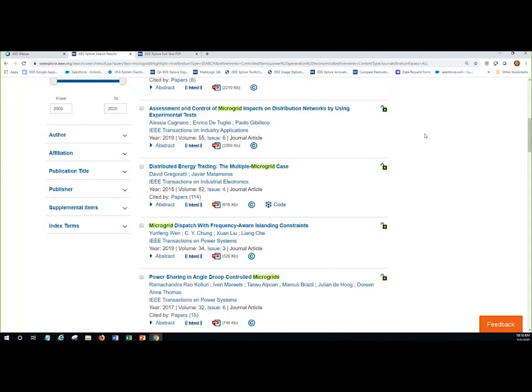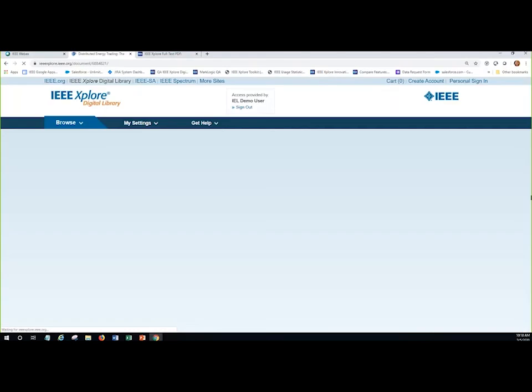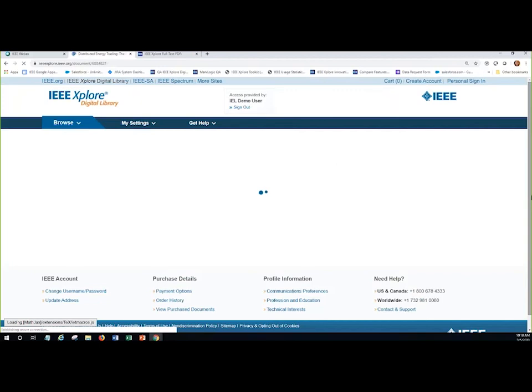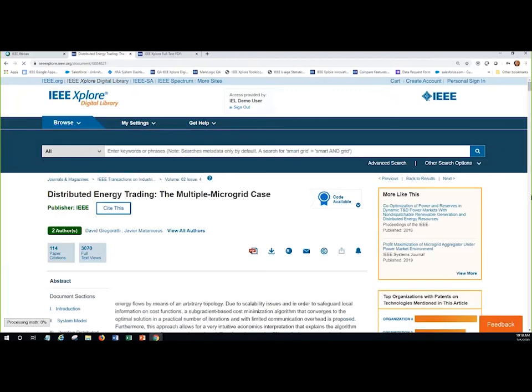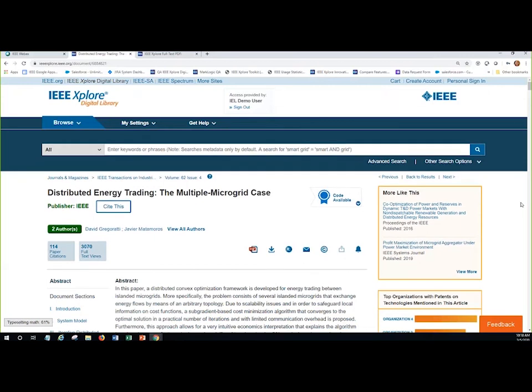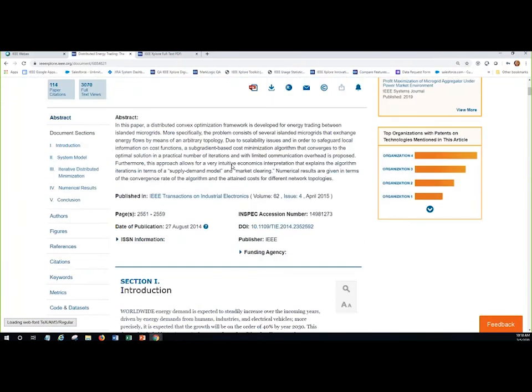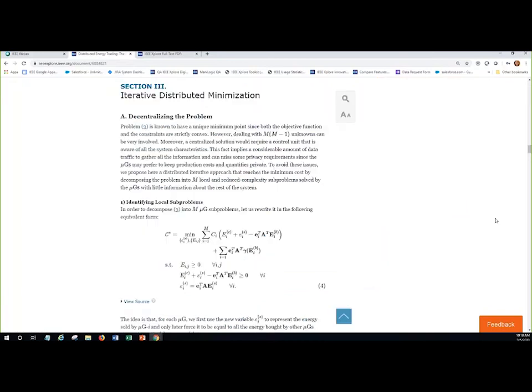But I can also click on the document title to go to the expanded abstract and full text HTML record, where there are a lot of really nice value-added features that you don't get in the full text PDF. So as I'm scrolling down, I can read the abstract. I can see the different document sections. If I want, I can jump right down to a particular section. I can do a search within the full text HTML to see my keywords in context or change the font size.